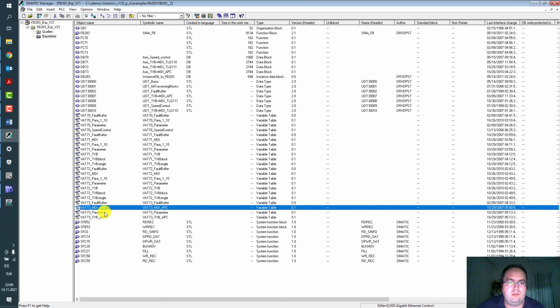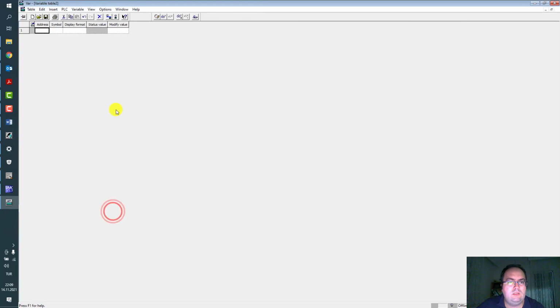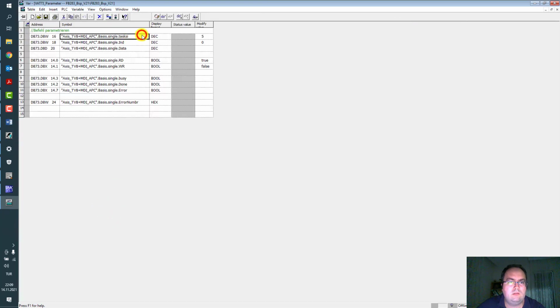For example, another watch table for reading and writing the parameters. Single or multi at once is possible. Index, data and task. Read or write the parameter and the status of the job. And you will get, if there is an error, the error number.